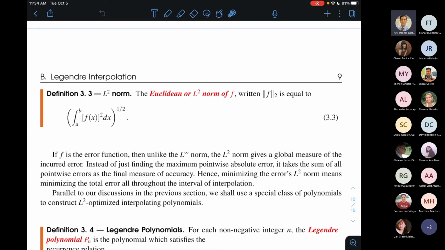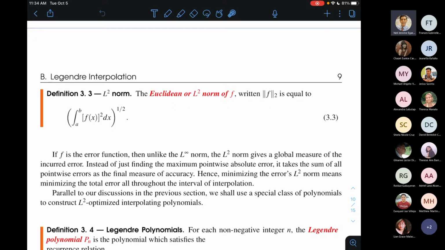So you take the integral of the square of your function over the interval AB, and then you take the square root of it. So ito yung L2 norm ng isang function. So you see that if f is our error term, then you can sort of deduce that this error actually is more